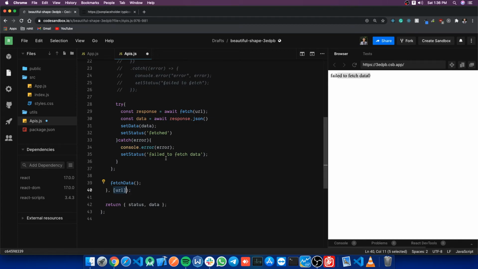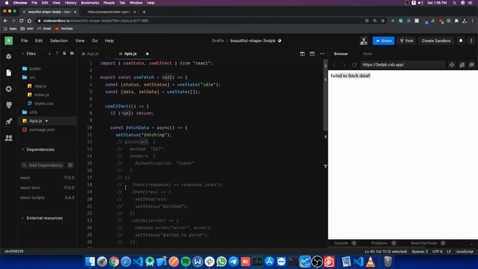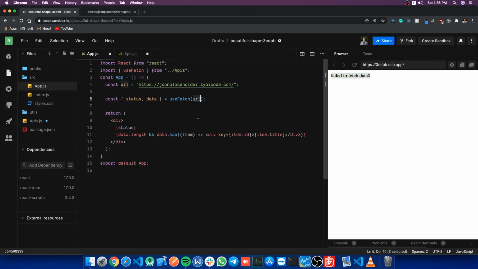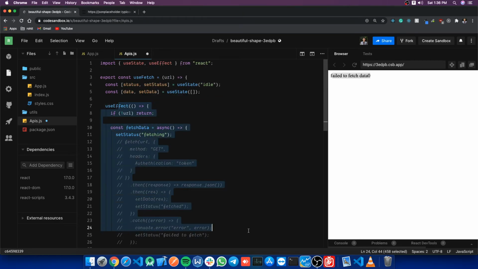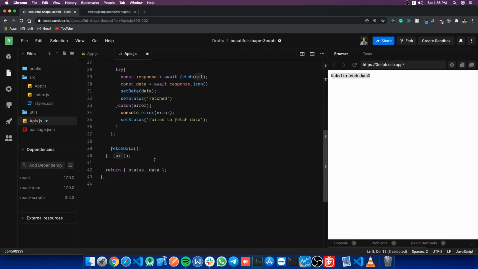So if you know React, then in the dependency array I have given URL because anytime URL changes, this is automatically changing because we are calling this on line number 6, but we update this whenever URL changes. The second argument tells the useEffect function, okay, URL has changed, so time to re-render it.